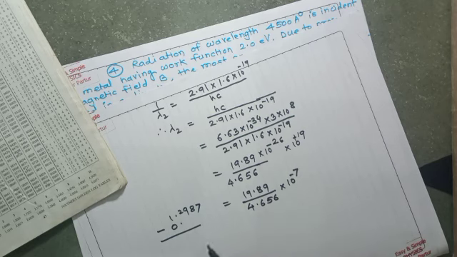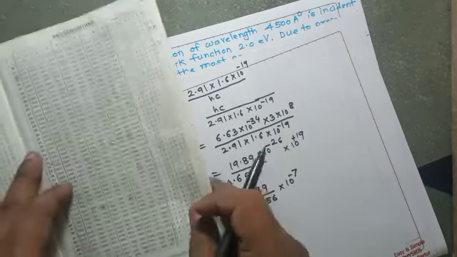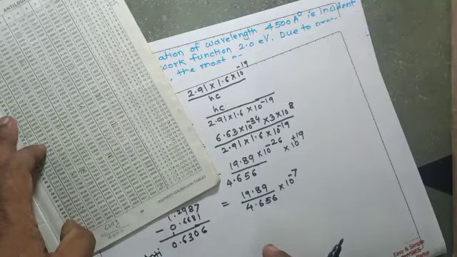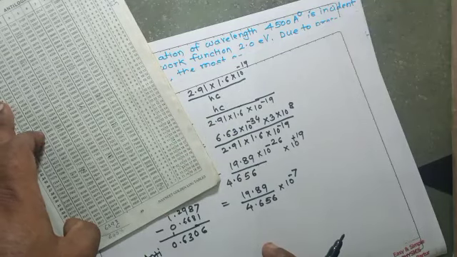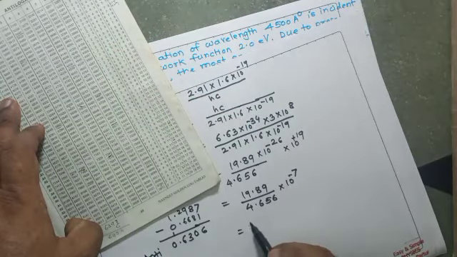So it will be 6681. 6 will be remaining, 0 will be remaining, 3 is there, 6, and here 0 point. So if we take antilog for 63 in 0 and 6 in mean difference, that is 6. So here it will be